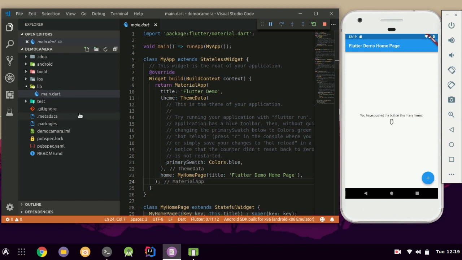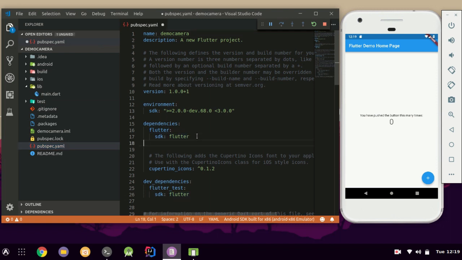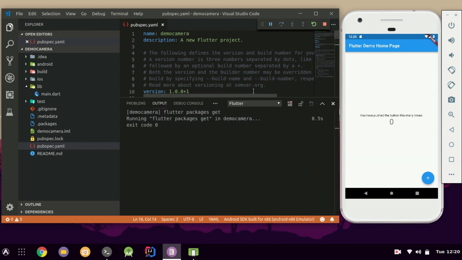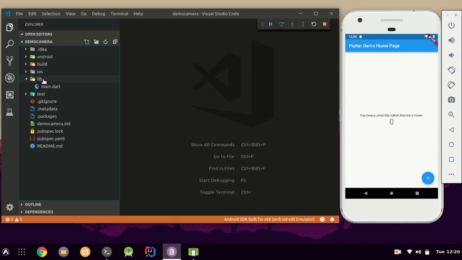So the first thing I'll do is go to the pubspec.yaml file, and under dependencies I will include image picker. This is the plugin which we'll be using to access the device camera and gallery, and as soon as I hit Ctrl S, Visual Studio Code will automatically fetch the dependencies for me. If that doesn't happen for you, you need to manually open the terminal and run this command, flutter packages get, in your project directory. So let me just go back to my main.dart file,